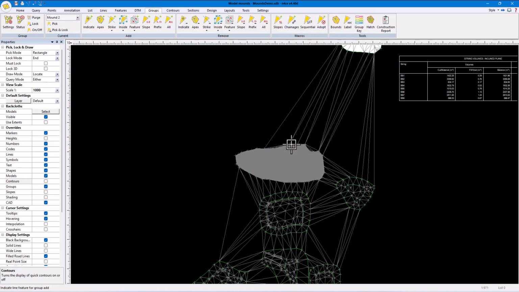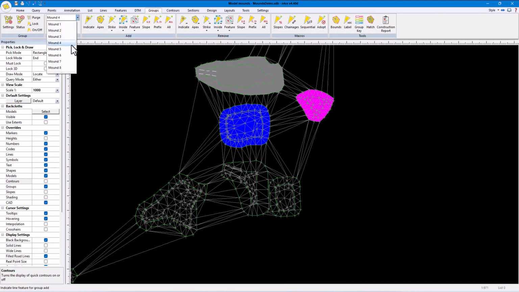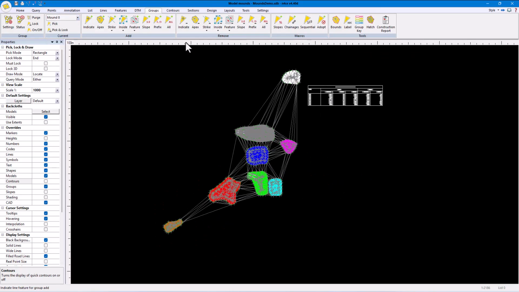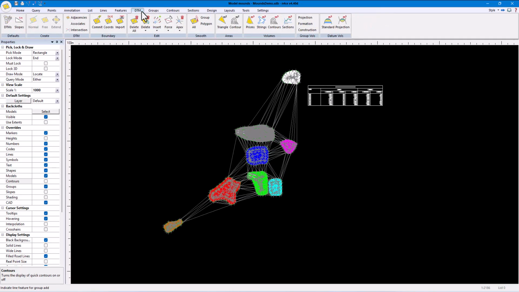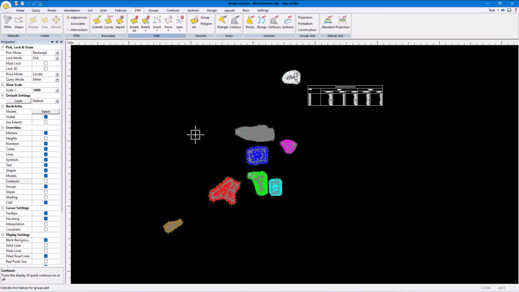With the first mound grouped, we can change the current group to Mound 2 and repeat the process for the second stockpile. This is then repeated for the other groups until each mound is individually grouped. Now all the mounds are grouped, we can use the tool Delete all ungrouped triangles under the DTM Edit tab